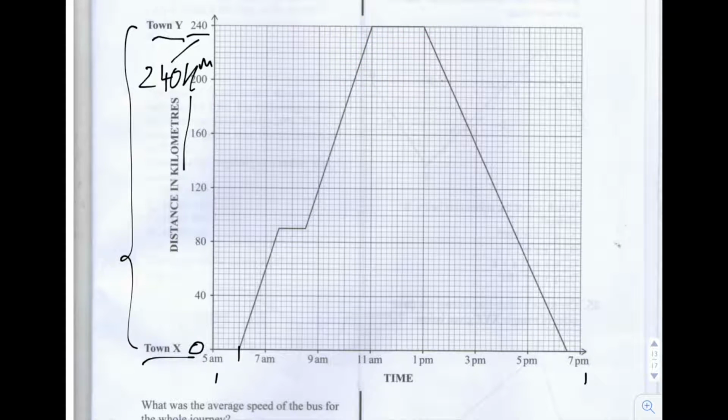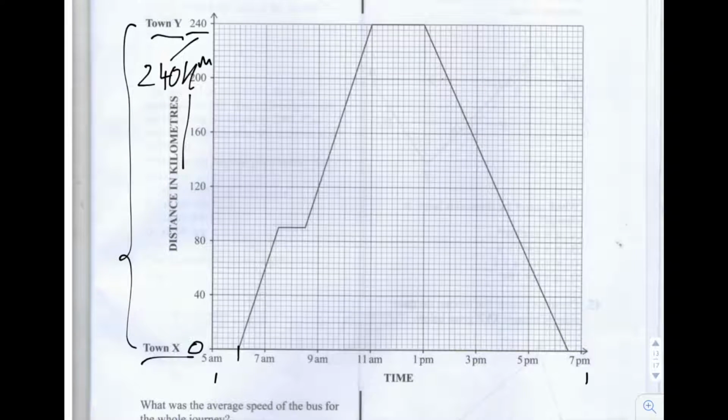The best way to attempt this question is to split the journey into parts. And the way we split it into parts is we look at the slope of the line that makes up the graph, and when the slope or the gradient changes, we split the graph, and that's one part. So let's do that. So from the start,